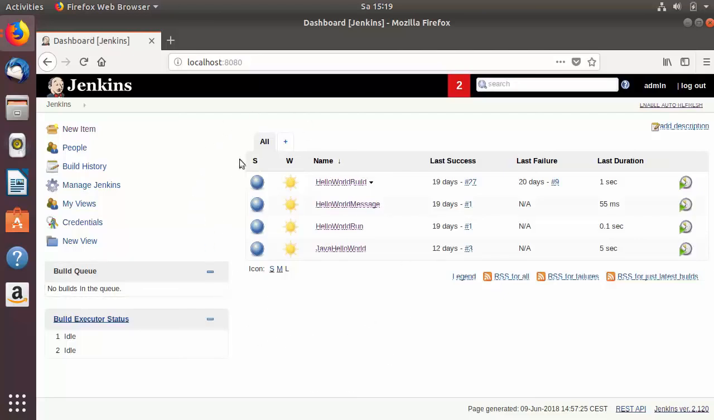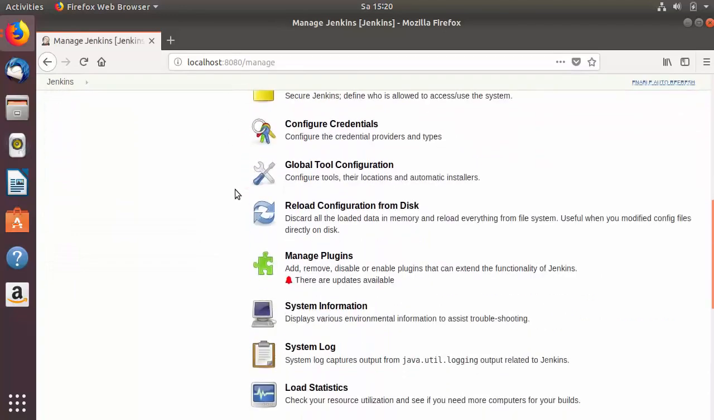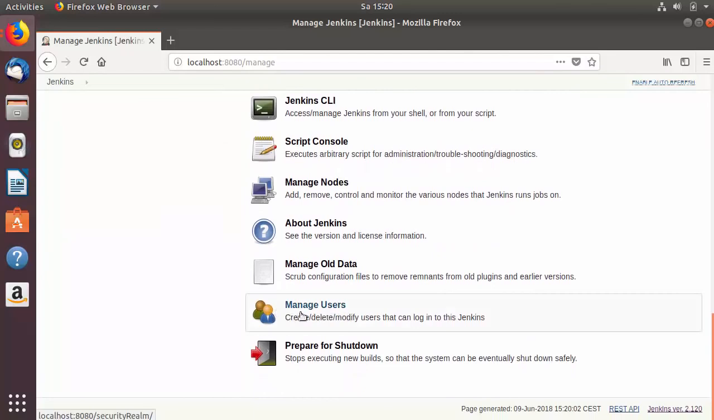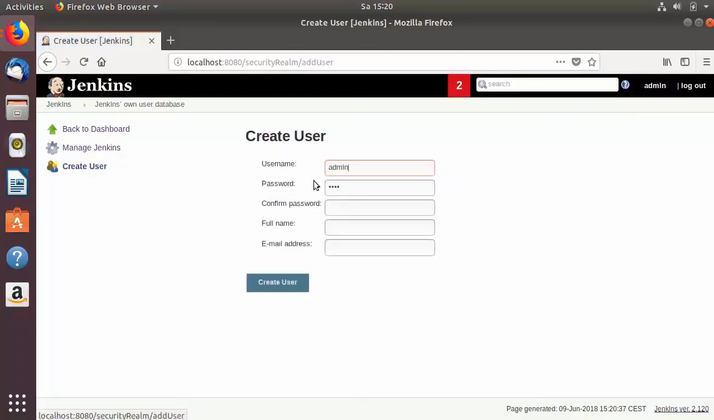So just go to the home page of Jenkins and then just click on Manage Jenkins. And once this Manage Jenkins page opens, just scroll down until you have found the section which is called Manage Users. So just click on the Manage Users, and you can see there is only one user there till now. So we will create a new user. To create a new user, you just need to click on Create User, and then you just need to give the username of that user. You can say